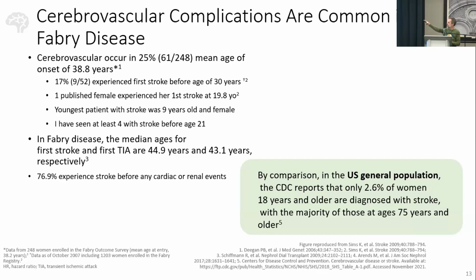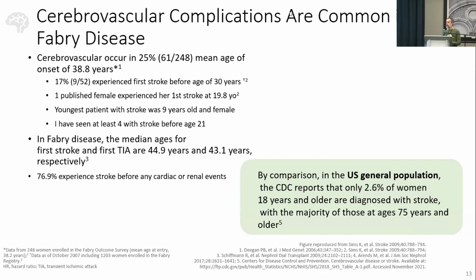And then over on the other side, you see the numbers for a different study in people with Fabry disease. Now, stroke is something that is hard to predict. We don't have good algorithms. And even though a high percentage of people with Fabry disease have strokes, they don't have them at the same time. They don't have them at a predictable age. The oldest patient that I have seen who had a first stroke was in their 80s, I think.